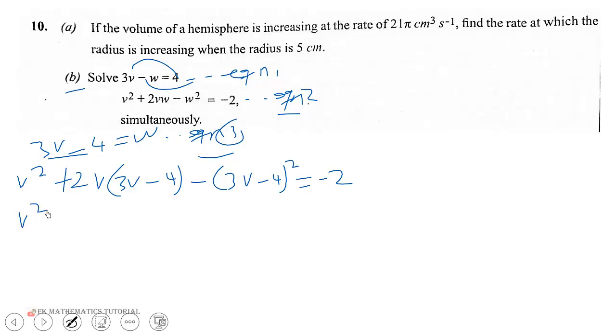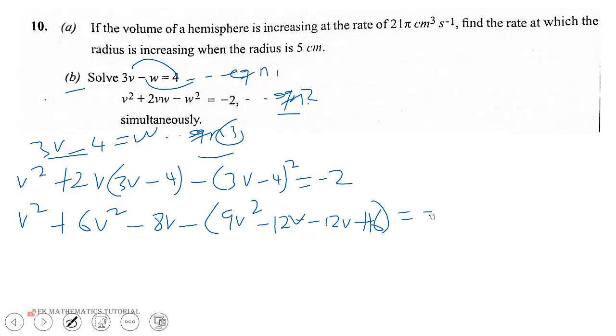So v squared plus 6v squared minus 8v. Then when you expand this, you are going to get minus into bracket 9v squared, because 3v times 3v will be 9v squared. Then 3v times -4 will be -12v. Then minus another 12v. Then plus 16